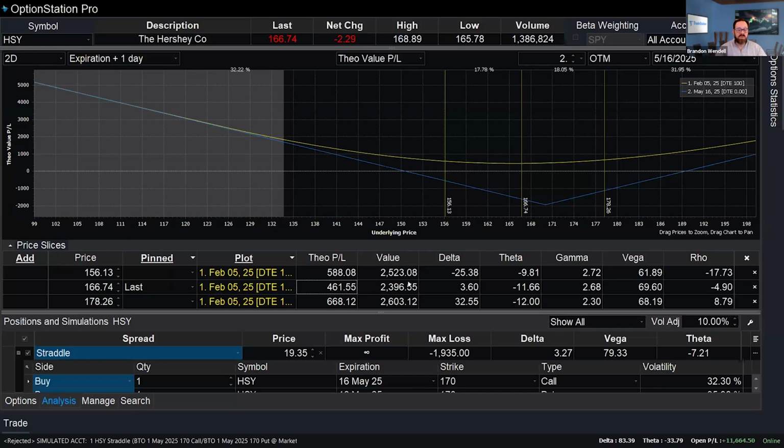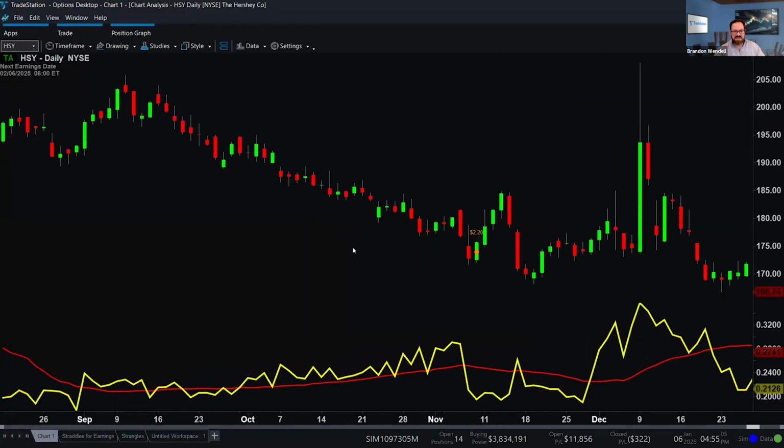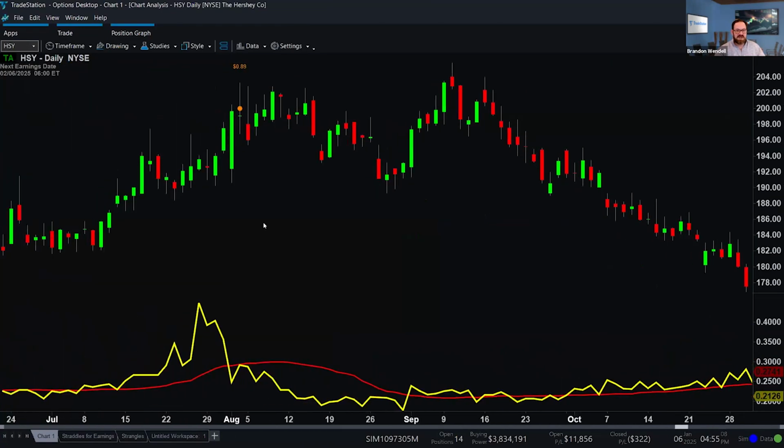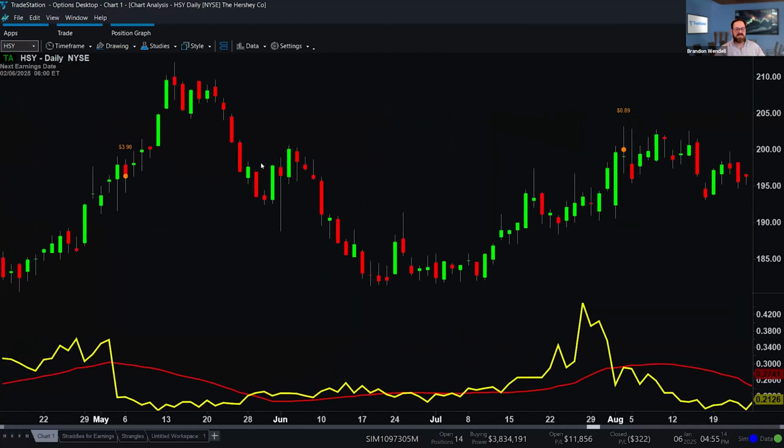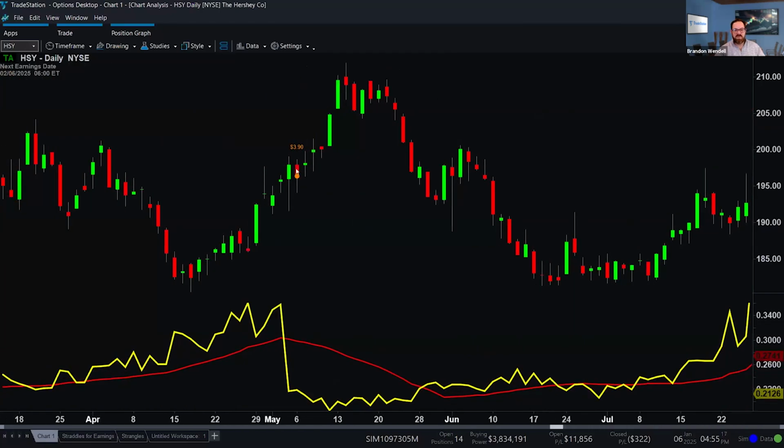Now, if prices do move, which they are likely to do, again, right now we're at 166. The average move was roughly, what was it, 10 points, I think? No, I forgot what it was now in Hershey. I've been looking at so many different securities and different moves. I don't know if I actually looked at the percent. It wasn't much of a price move. The price move was before the earnings came out in the trend. Yeah, when the earnings come out, it doesn't really gap much. So this is definitely going to be something that I probably want to exit prior to the announcement.